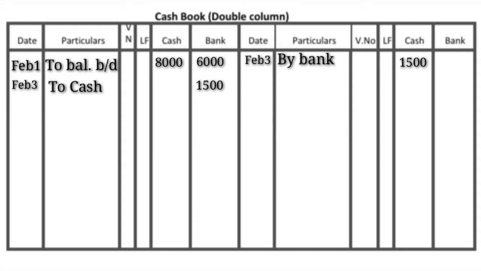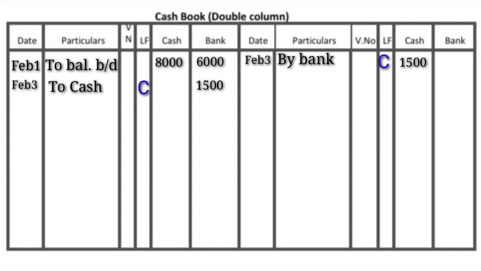Okay, this is a cross entry, one coming in the debit side and one coming in the credit side. Both debit and credit we recorded in the cash book. So it's a cross entry, or we can say this is a contra entry. For a contra entry we record C in the LF column. So we can write here C on the debit side and C on the credit side. Then we know both of these are contra entries.